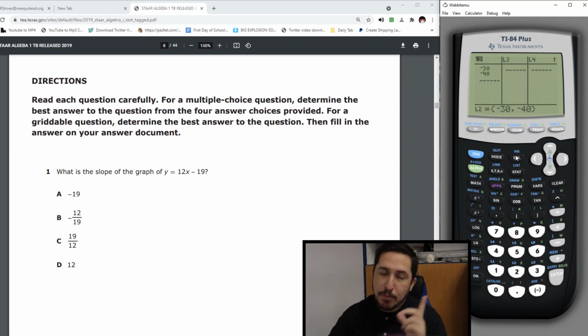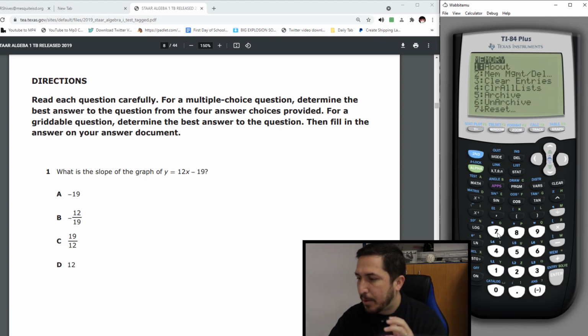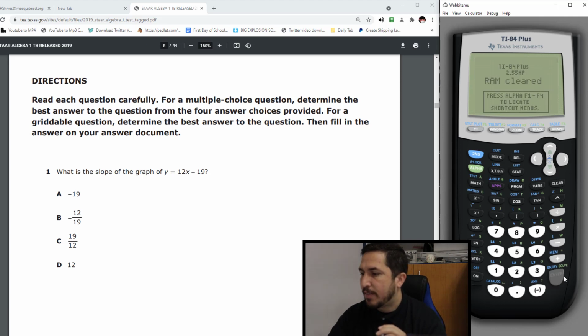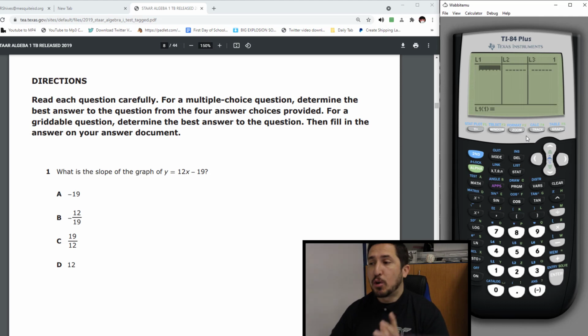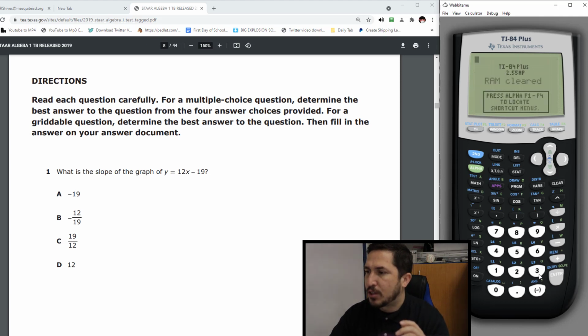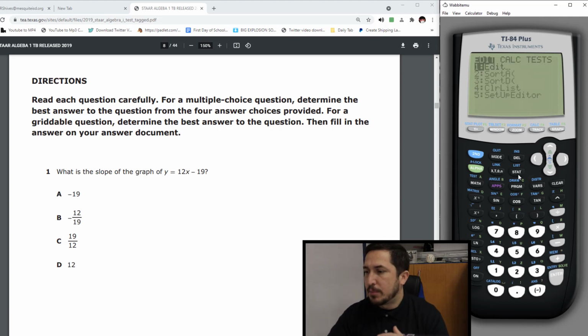So you make sure that you see L1, L2. That's all you need. So now, oh shoot, my stuff's gone. Here's what I'm going to do. I'm going to hit second plus 7, 1, 2. That resets my calculator. Let me see if it reset my list. Whoo, it sure did. So if you go and try to do this stuff and your window's weird, something's weird, just reset your calculator. It'll reset everything for you. And to do that, I'm going to do it again. It's second plus 7, 1, 2. Enter. Boom.